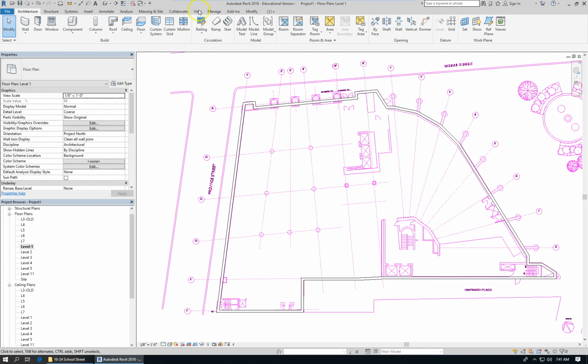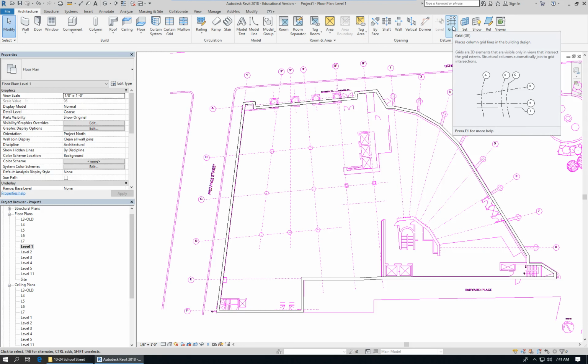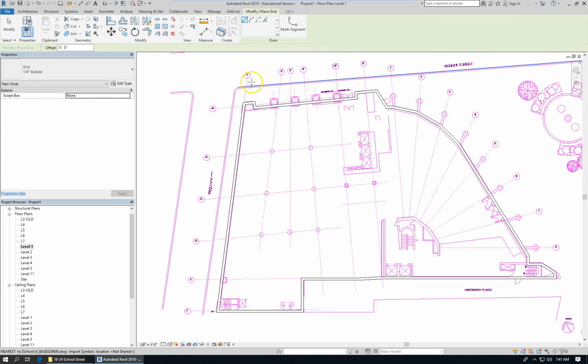Revit architecture has, from the architecture menu, the ability to create grid lines which organize 3D elements. There are datum objects that govern the relationships between elements. We're going to need them to draw in the columns and the elements that occur at the intersections of the grid lines. So I'm just snapping